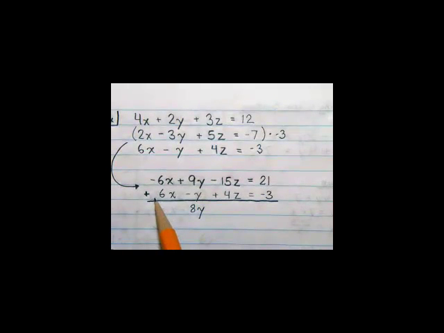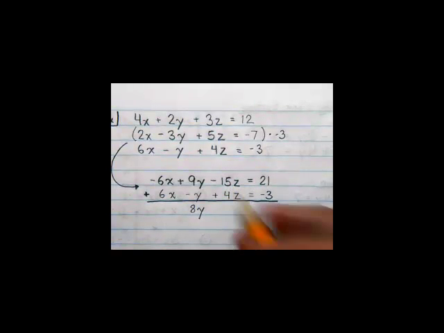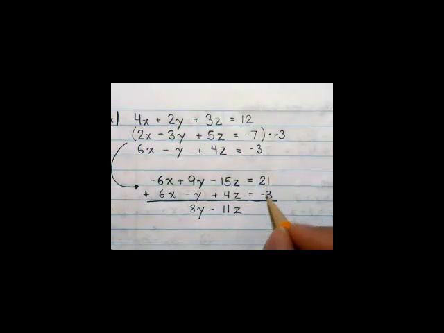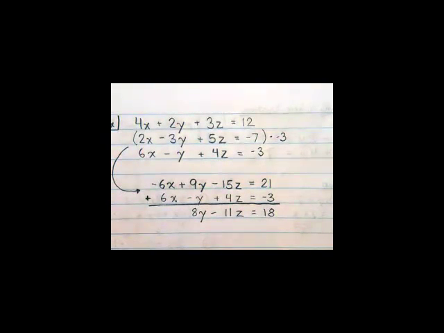And then -15 plus 4, -11. And then 21 plus -3, 18. Okay, so what we've got now is we have this equation that's just using y and z,